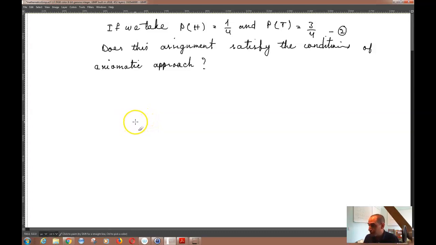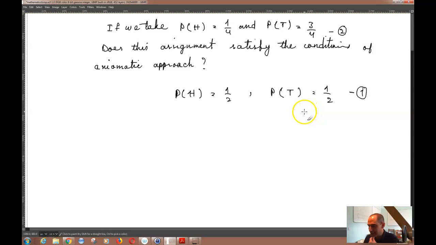Yes, in this case, probability of head is equal to 1/4 and probability of tail is equal to 3/4. We find that both the assignments 1 and 2 are valid. Assignment 1 was P of heads is equal to 1/2 and P of tails, we assigned 1/2 to that as well. So now we find that both the assignments 1 and 2 are valid for probability